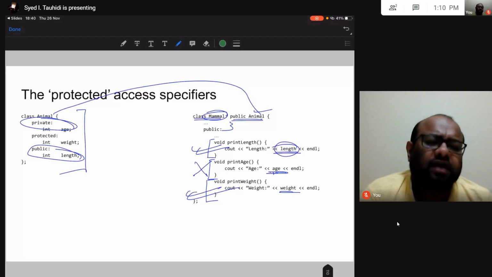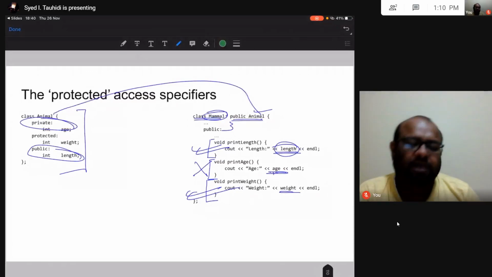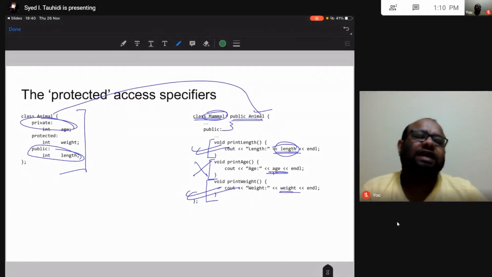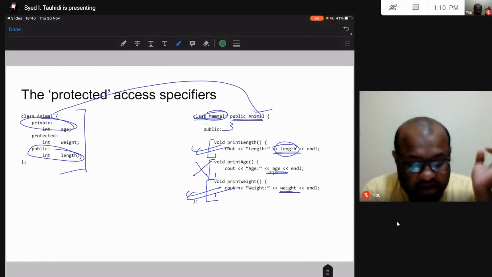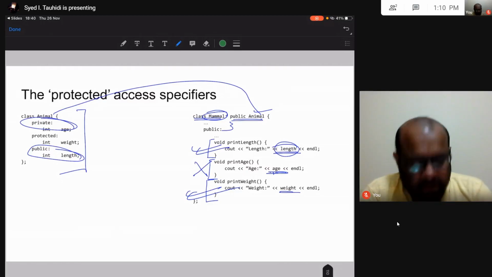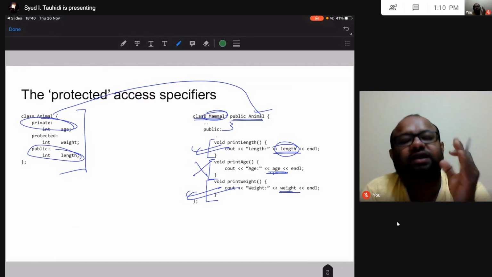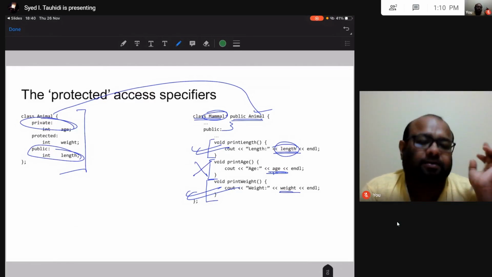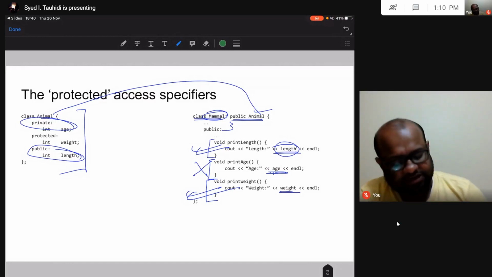Once again, we are talking about single inheritance only. Say mammal inherits from animal, and there is a cat class which inherits from mammal. What is going to happen there we will discuss a bit later, but right now mammal inherits from animal, we have a single level of inheritance. In this child class, derived class, I can access the public attribute, I can access the protected attribute, I cannot access the private attribute of the base class or parent class. This is what protected means.